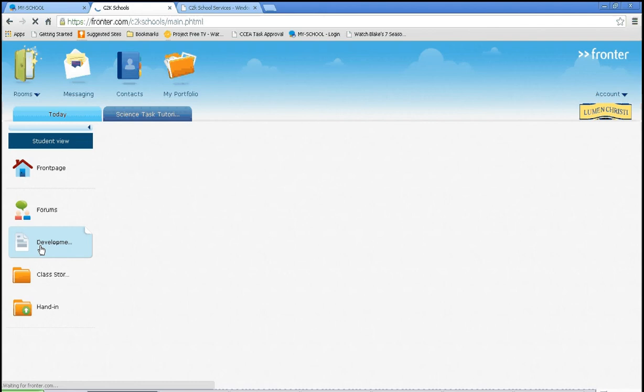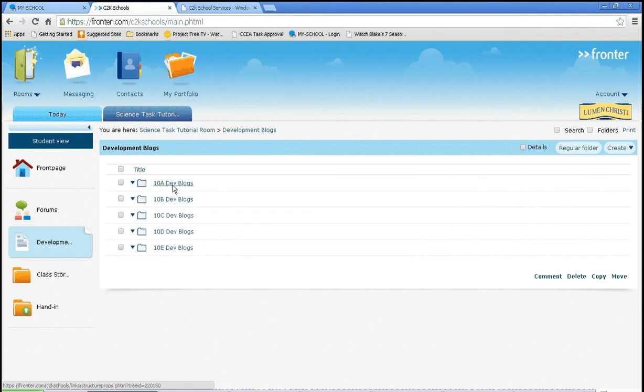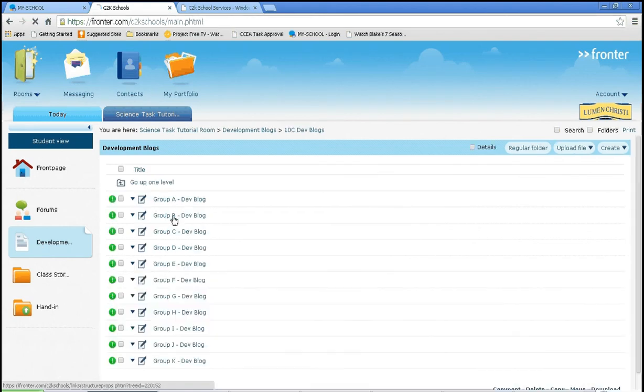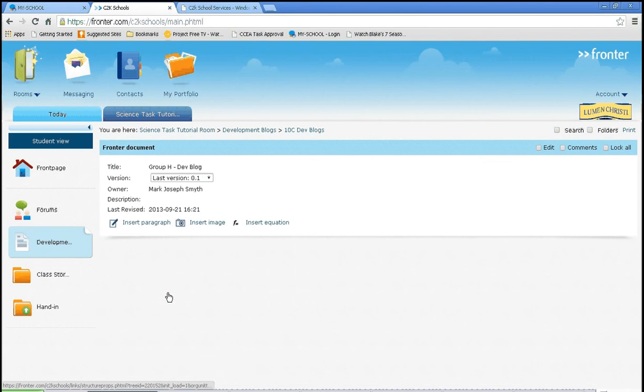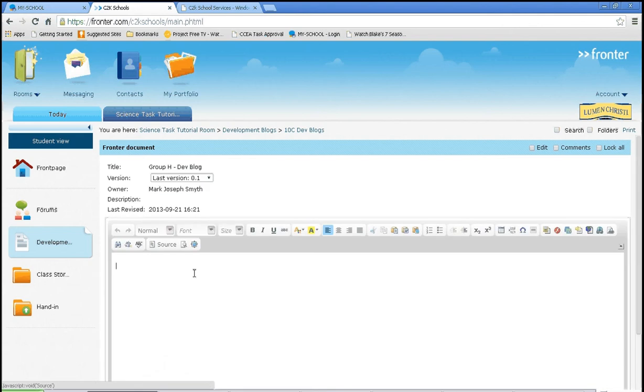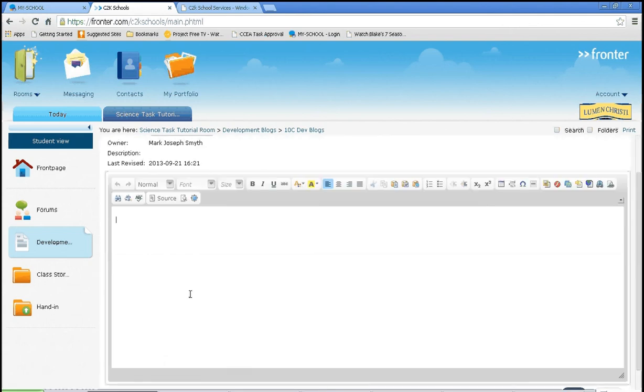The development blog is for myself. Okay, so again, I was in 10C and in Group H. Okay, so here I have my full name in here, and if I want to insert a paragraph, this will add a piece to my development blog. It works much the same as a forum, but the format is slightly different, and in here I'm describing what I've done. So on this date, let's say it's the 14th of January